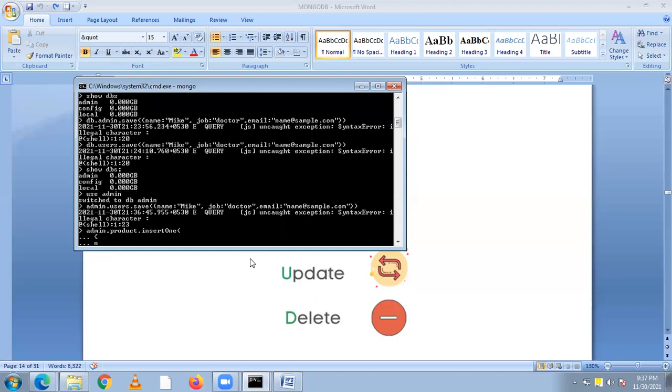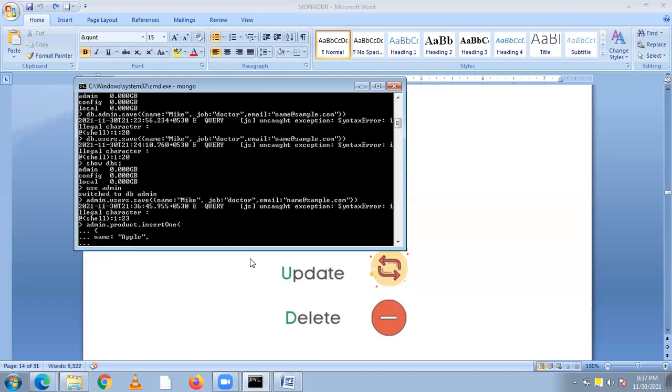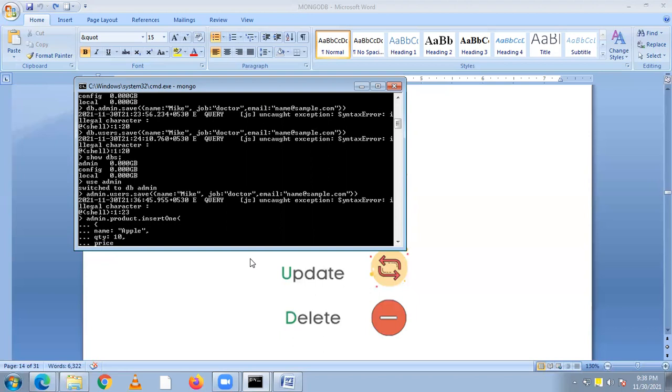So I am writing name: apple, comma, next qty, quantity, maybe 10, then comma, and price, maybe 20. Okay, so I close the curly bracket, and we have to close the small bracket, and semicolon, and then press enter.